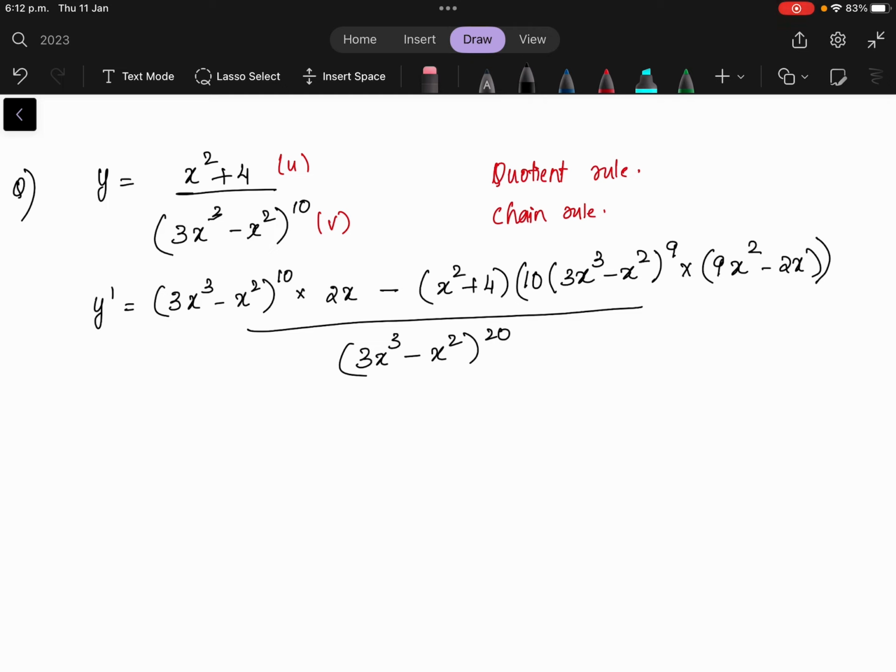9x square minus 2x. Now to simplify this, that is where the problem is. We have applied the quotient rule, we have applied the chain rule, now we have to simplify this. So that is where the challenge is, right? So what will happen here is,